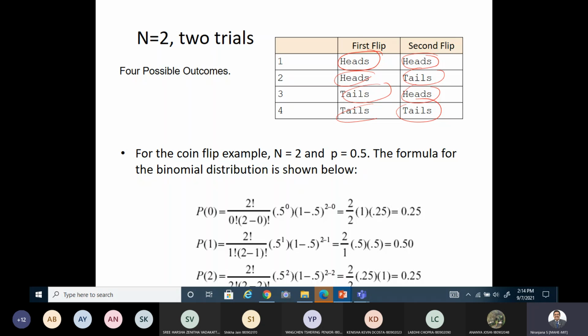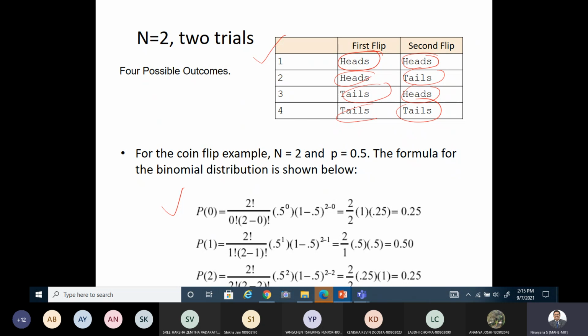So if you try to estimate in all these 4 cases the probability of getting head, then you can plot the distribution. For two possible outcomes here, for 2 trials in total, there are 4 possible outcomes, and you may have to estimate the probability